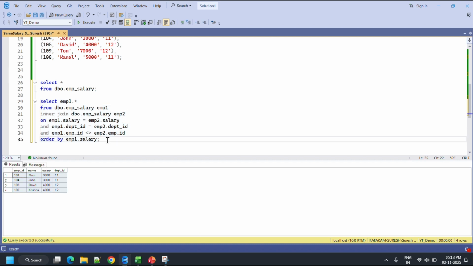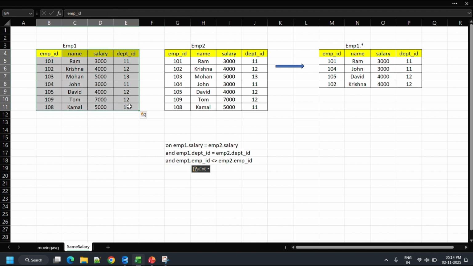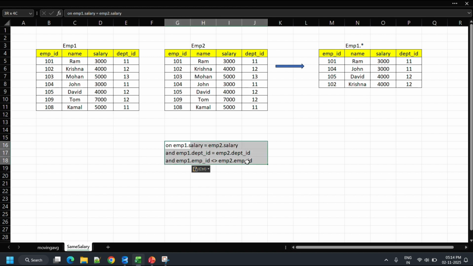So why I added this condition and how this self join works, we need to understand, right? So I will explain how this worked in Excel. I'll just copy these conditions and paste here. So here I just took the same employee table and I copied the same employee table 2 times here. So I gave the alias emp1 and emp2. Okay, so as per these conditions, employee ID will match with